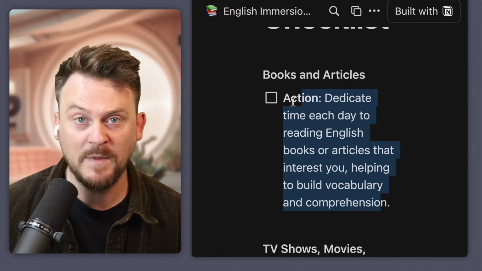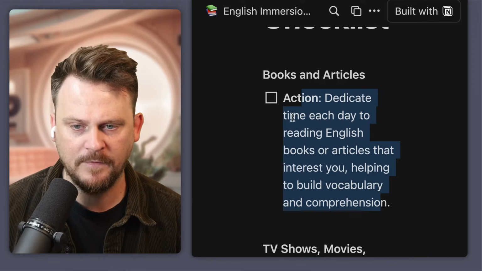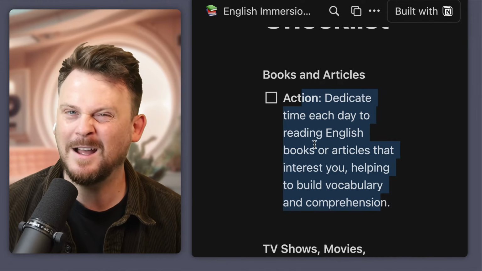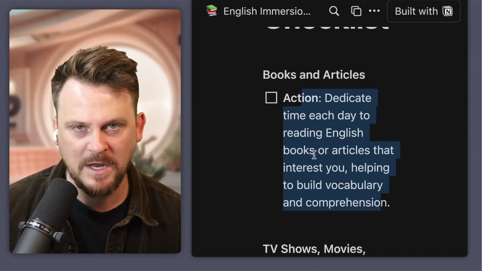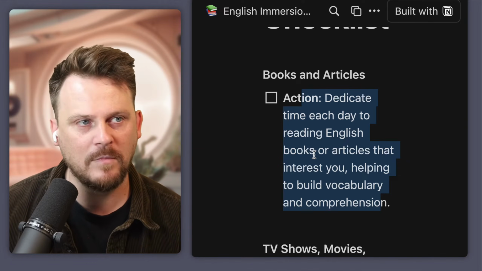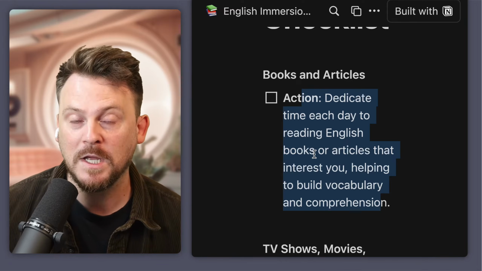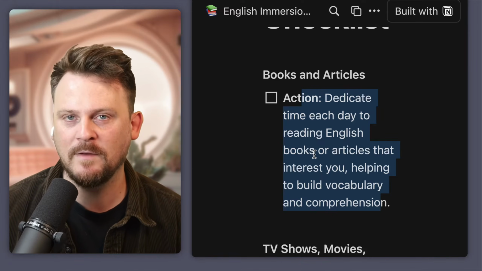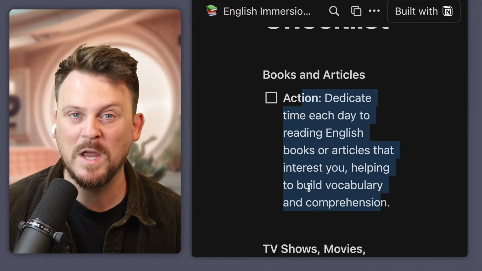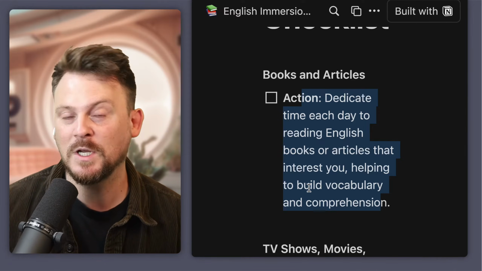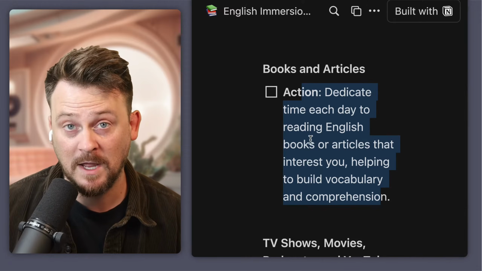So that could be 5 minutes. Did you spend every day a little bit of time reading something you're interested in, a page of a book, something? Do something every day. Reading is important. Reading is probably the best way to discover new language in context. Did you do that every day?